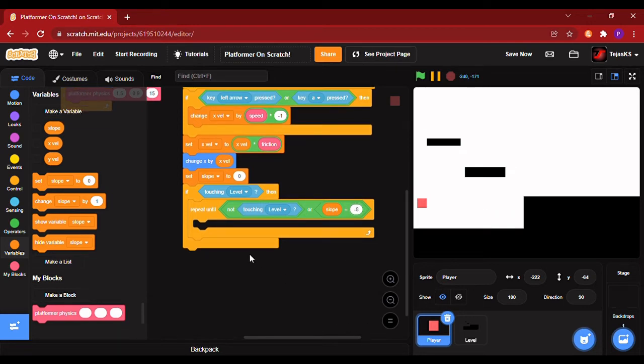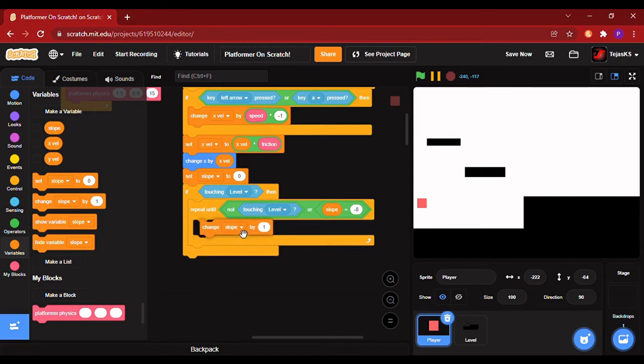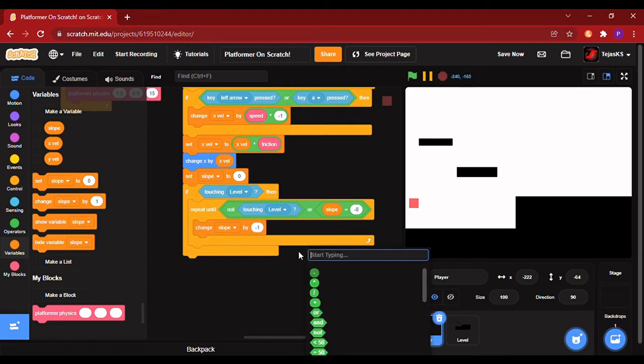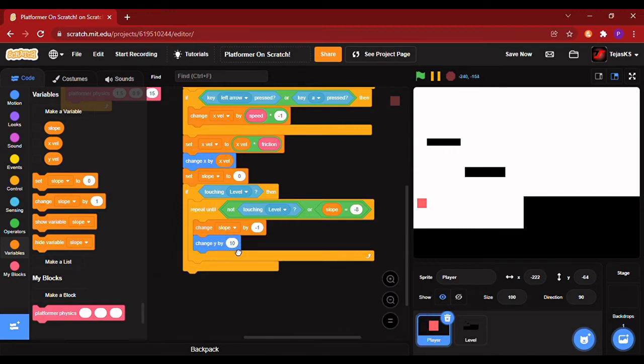Then change slope by -1. And after that, change y by 1.